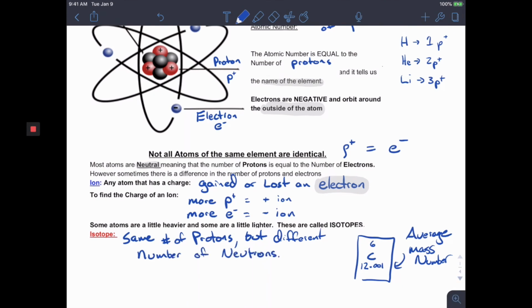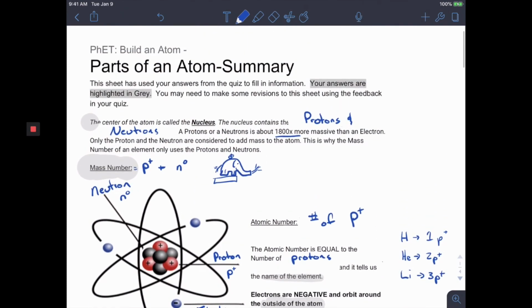All right, so there it is. That's the follow-up to the lab. So hopefully that helped you out, and if not,